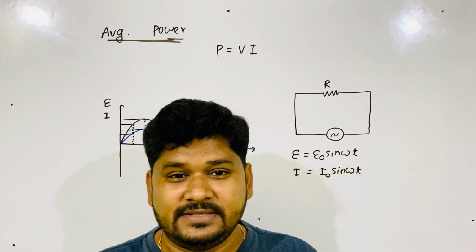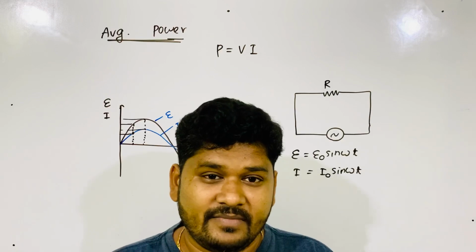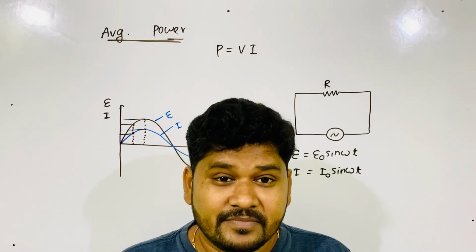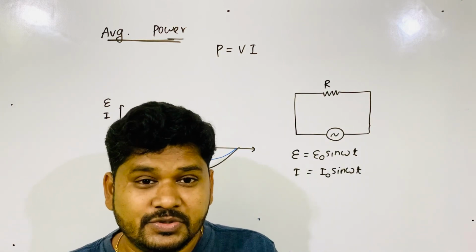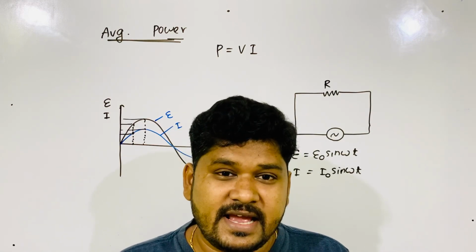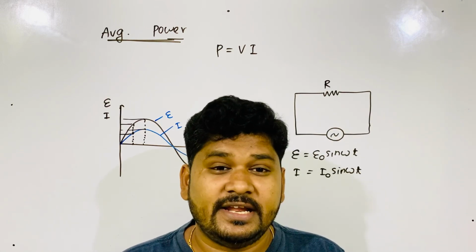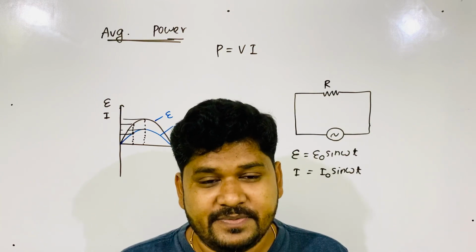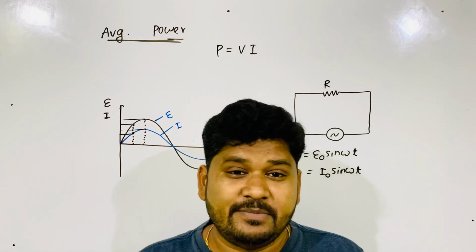Okay, then what definition will we write for power in an AC circuit? Power is nothing but the amount of work done to maintain or to send one cycle of alternating current in a circuit, and it is called average power. Amount of work done per unit time, you can also say.